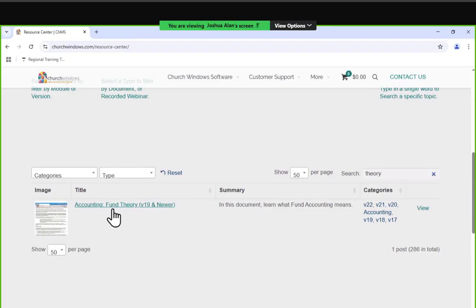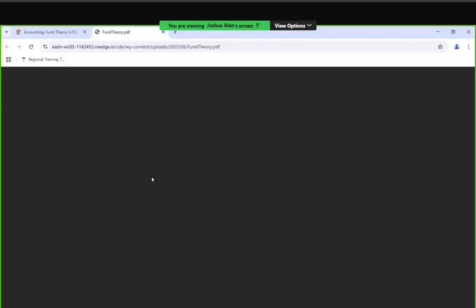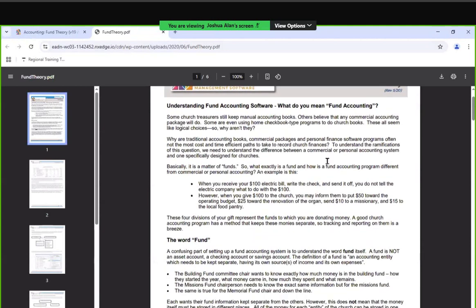We're going to spend about 10 minutes on this, maybe 15, depending on how quickly I can get through the material, okay? But if you are struggling or unfamiliar with fund accounting, we strongly recommend that you look at this document, okay? Basically, it describes in detail, and then I'm going to click on the fund theory view, click view or print ePDF, and it opens the document on,